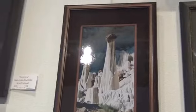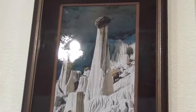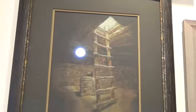Here she has one of the very odd, she calls it pedestals. It's one of the formations out in southern Utah. Amazing geology. Just amazing geology. Wow. Then, when she comes back to Mesquite, she spends her time doing